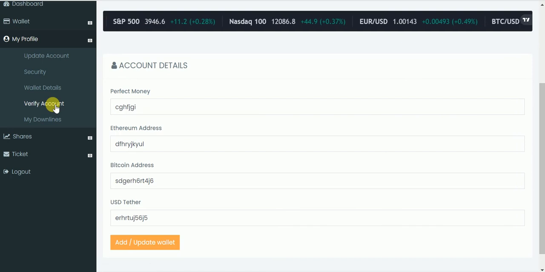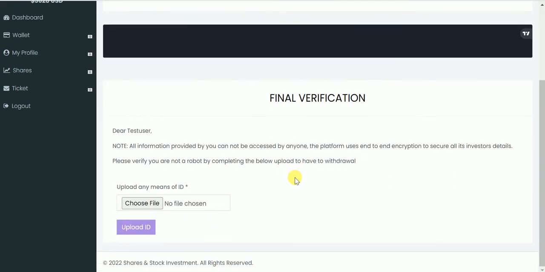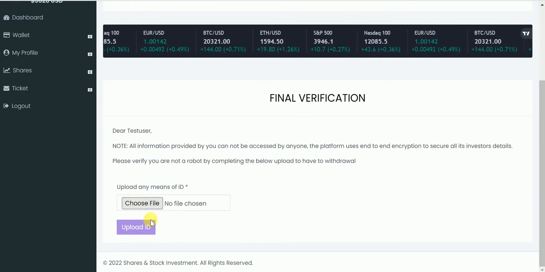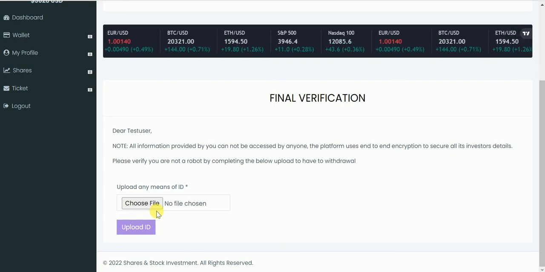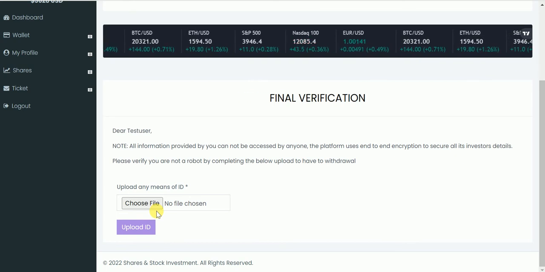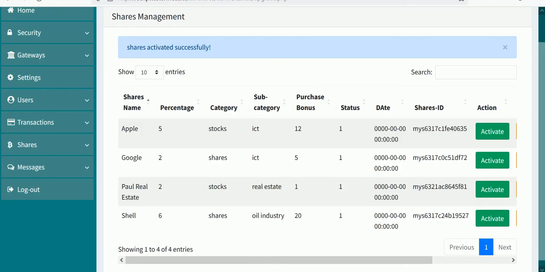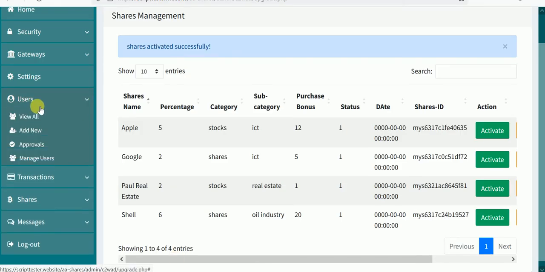Users can verify accounts. During the verification, they upload their ID card, and that's where the admin can approve them so they can withdraw money. Otherwise, they won't be able to make a withdrawal. Under the admin, if they come to the user,